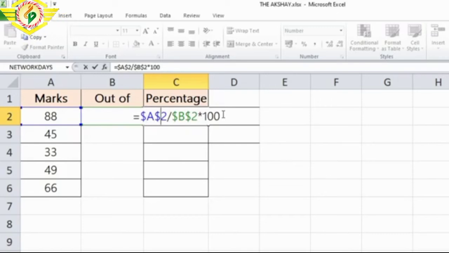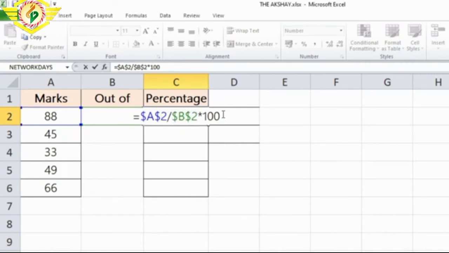Column A is fixed and row 2 is also fixed. In this case also the B column is fixed and row 2 is fixed. But in B2 we have out of marks. So we don't want to change the B2 cell, that is fixed out of marks. We will keep this as it is. We will only change here in A2.